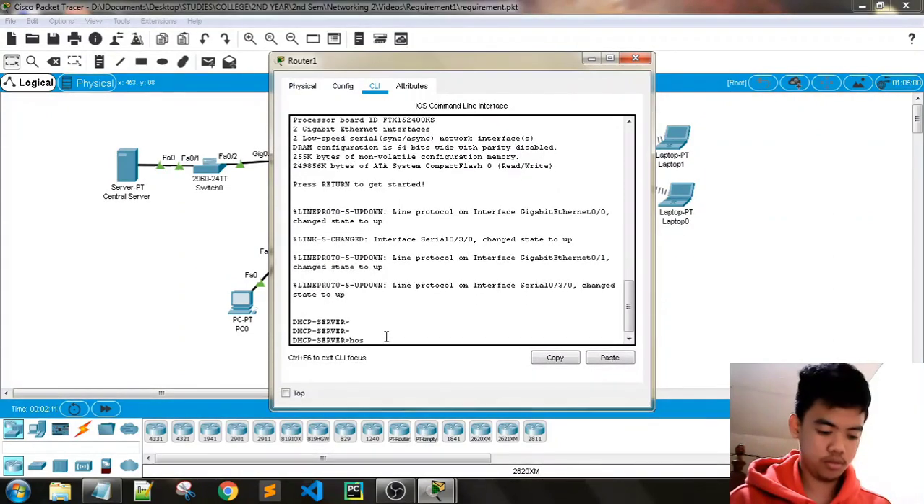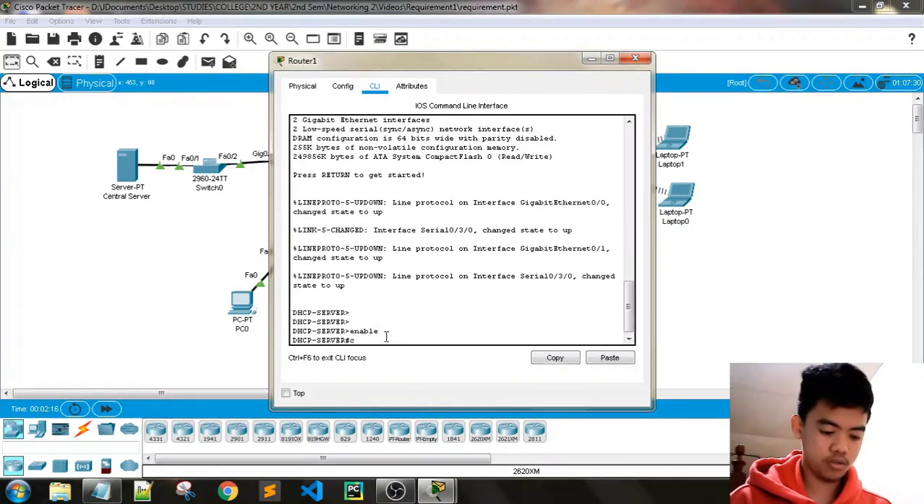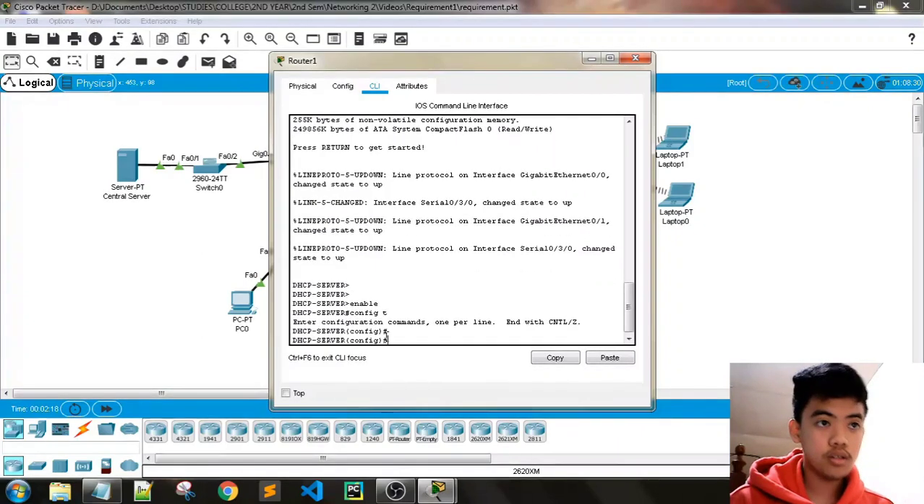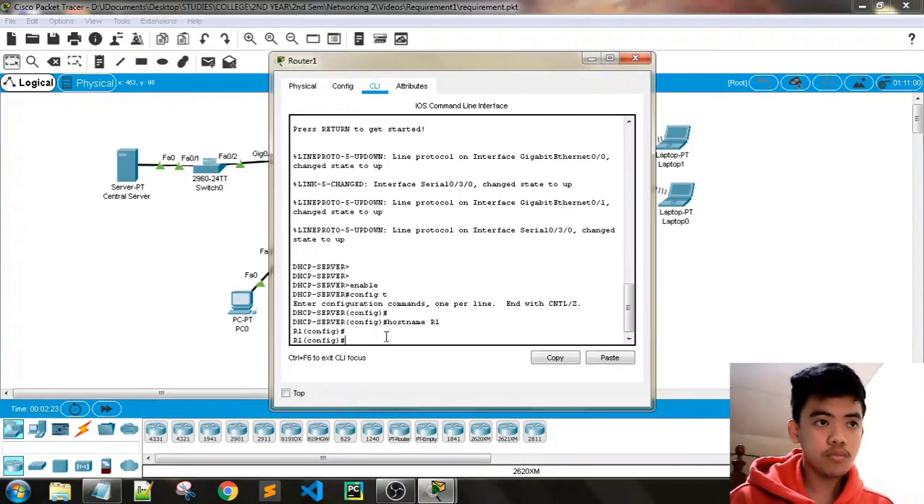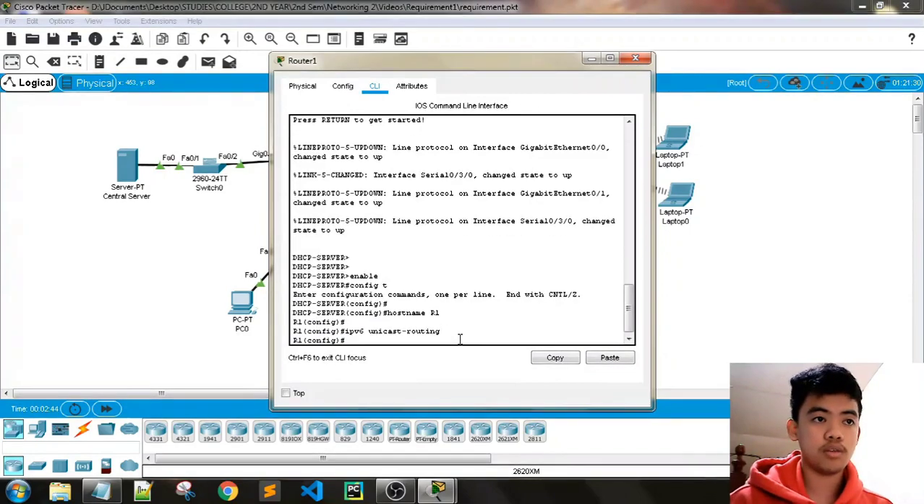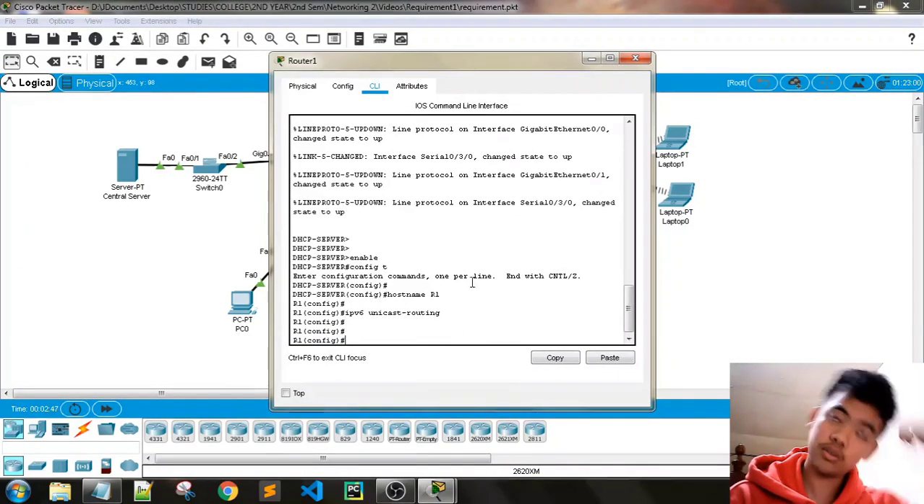Then enable, then config t, then hostname R1. Then we need to enable the router with this ipv6 unicast-routing. So this line here enables the router to send IPv6 packets. So we need to type that in, and then the next thing we do is